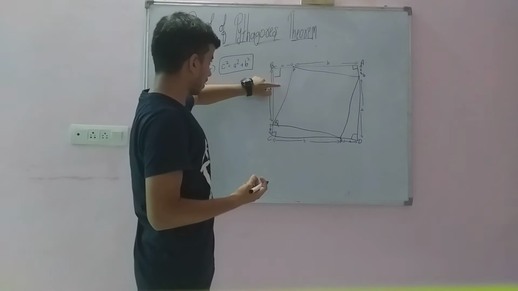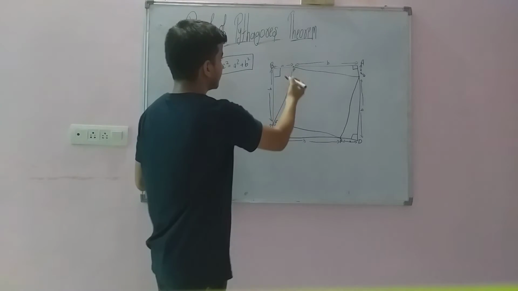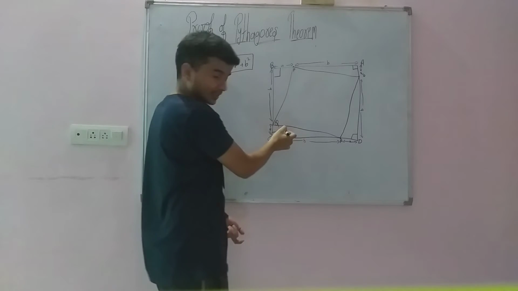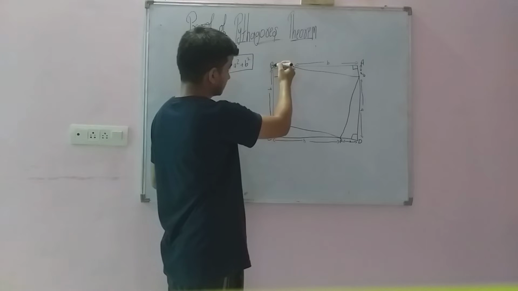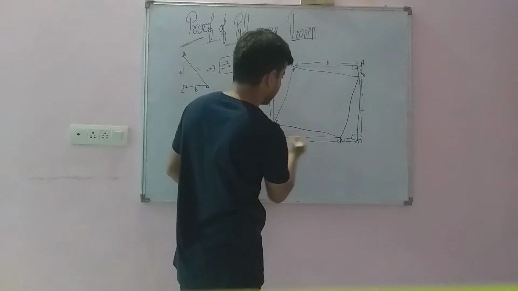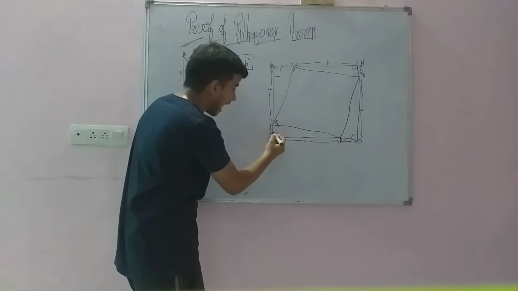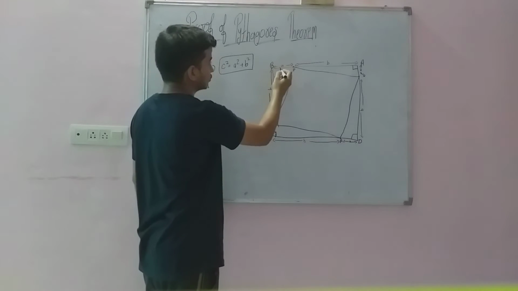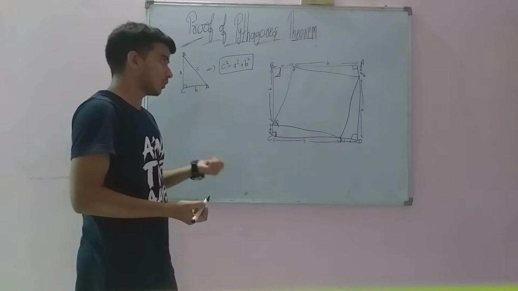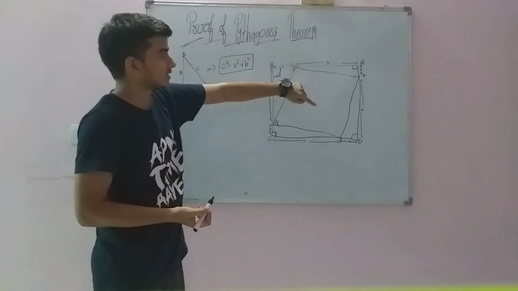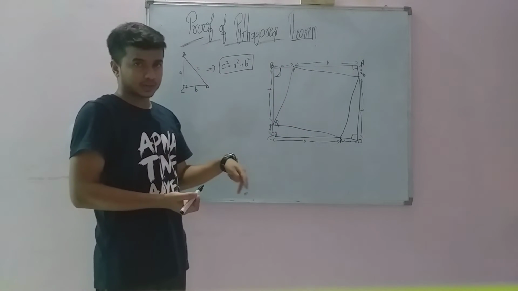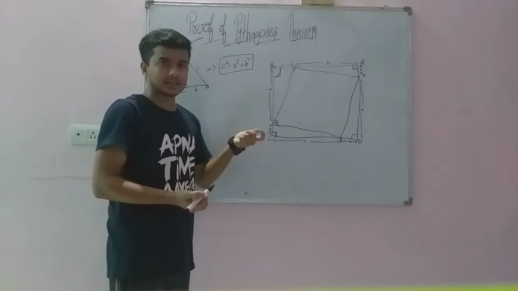How? If we talk about these two right angle triangles, then here BP, which is equal to A, is equal to the side CQ of the second triangle, and the next side BQ, which is equal to B, is equal to the side CR of the second right angle triangle, which is also equal to B, and the angle between these two sides is also equal to 90 degree. So by the side angle side property, these right angle triangles are congruent to each other. Similarly, the remaining two right angle triangles are also congruent. So all four right angle triangles are congruent to each other, and by the congruence property, all angles are equal and all sides are equal,